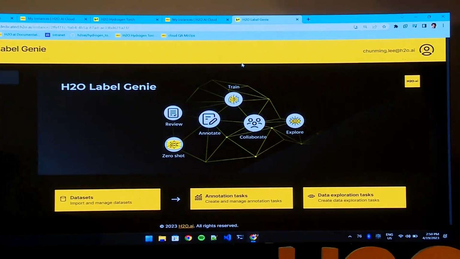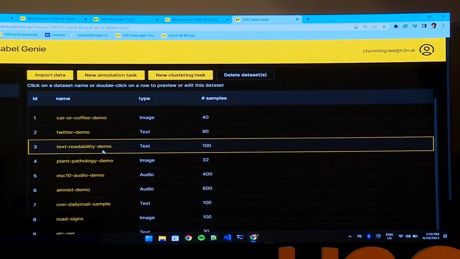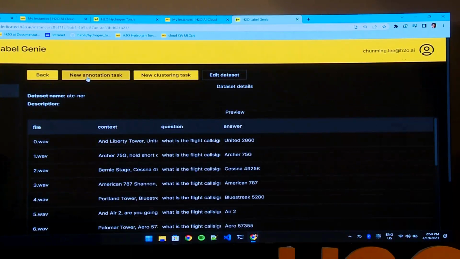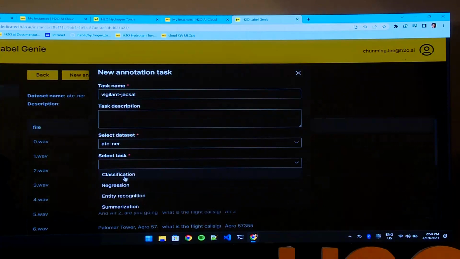Label Genie. And if you haven't noticed, we have a common design thinking, yellow and black. And I think the landing page shows exactly what it does, right? The keywords are zero shot, annotate, collaborate, and then train within Hydrogen Torch. So same thing. In this case, you'll be importing an unlabeled data set. Let's tie it back to the air traffic control problem. So in this case, you use Hydrogen Torch to run the transcription to get the text predictions of the speech model. Here, you would create an annotation task where you want to label the aircraft entities